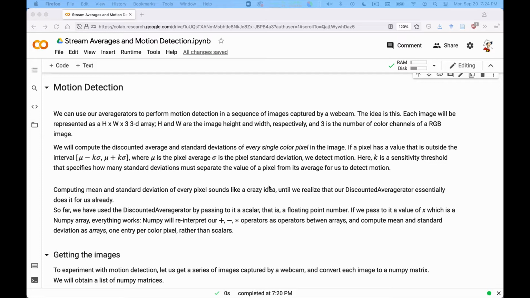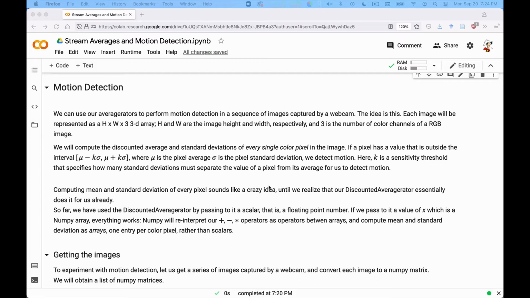So you have many images, one per second. Normally, nothing changes. So normally, the next image is very close to the average of the previous ones, right? Closer than the standard deviation. But if there is a car that passes or a person that walks by, then suddenly that's a much bigger difference. And we should be able to detect it as an outlier using really the previous techniques.